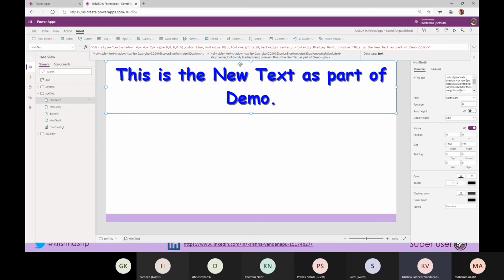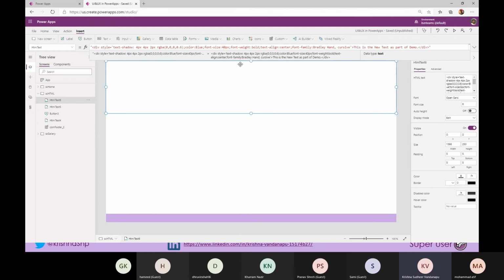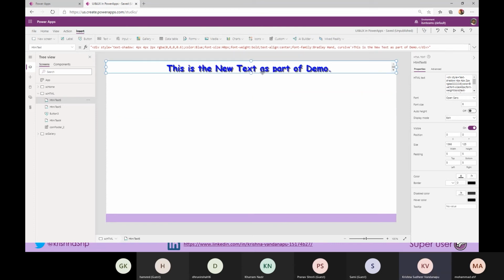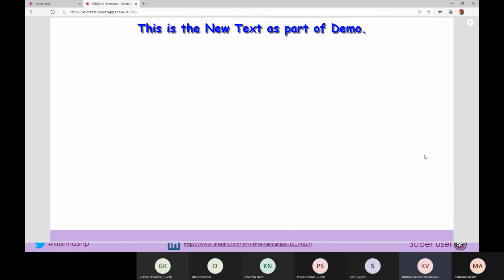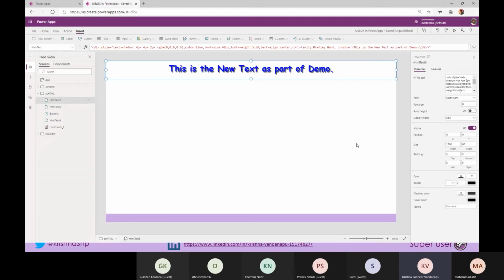The font size is here. Let us say 40. Automatically it will go up. If I want more than that, I can increase it. So the advantage is that we as makers can improve the user's experience, whether they are in a Power App or in a traditional .NET website. We can improve the experience of the user by using HTML control so that the user will feel a rich look and feel. And the next one is a button.